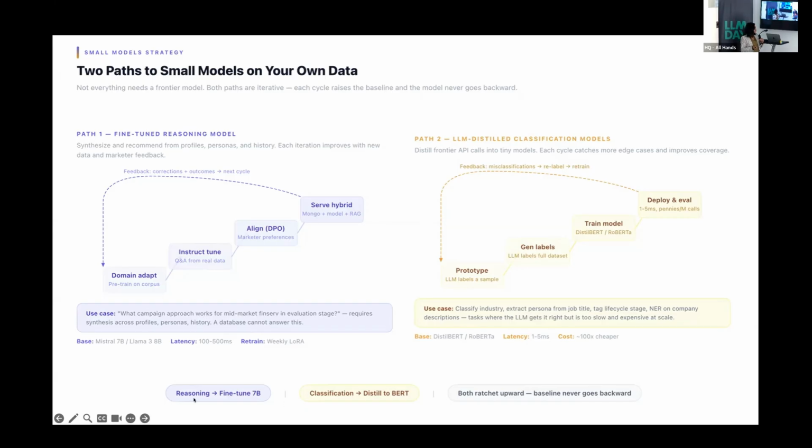For classification, for instance, you could use DistilBERT or RoBERTa, get all your training data from the large language model, and build a small model that could take less than 100 milliseconds and not use your tokens to do all of the work that was required. And that's the easy path. You can do this in a week once you have an established product where certain LLM calls really work well and all it needs is classification. You don't need to wait for 5 seconds for that result. You don't need to spend that many tokens.